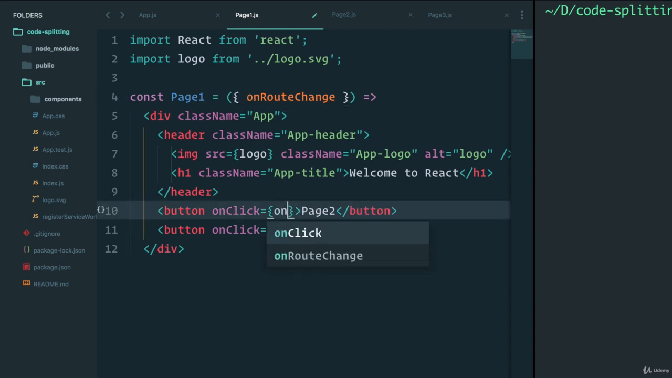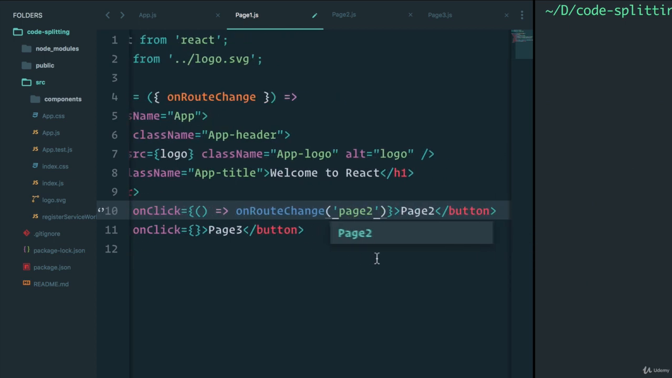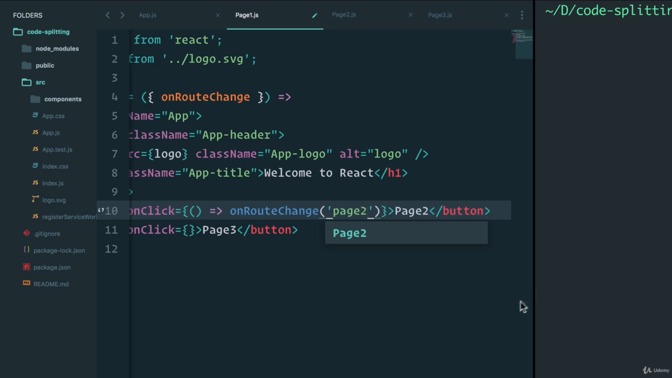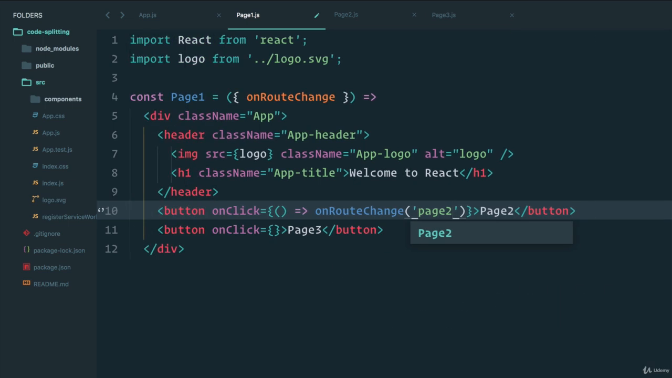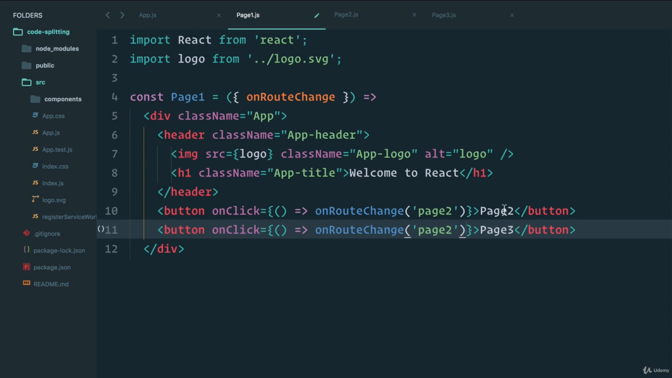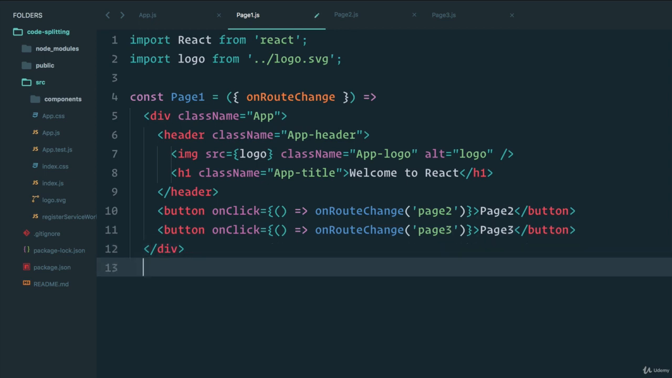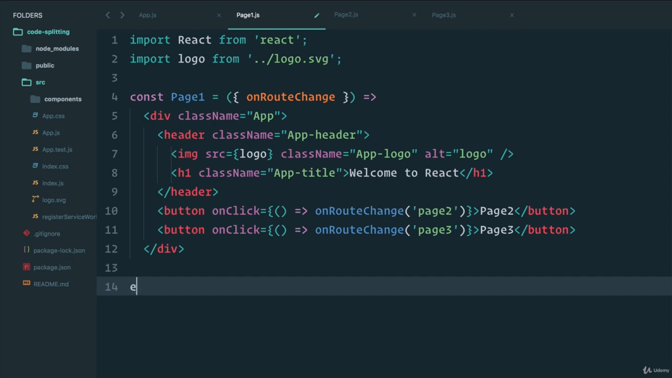I can just say on route change. We'll have a function that gets run, and this on route change is going to send the route page 2 because we're going to page 2. Let me make that a little bit smaller so you can see. And again, we're going to do the same thing to page 3, this time clicking on page 3. And then finally, we can just export